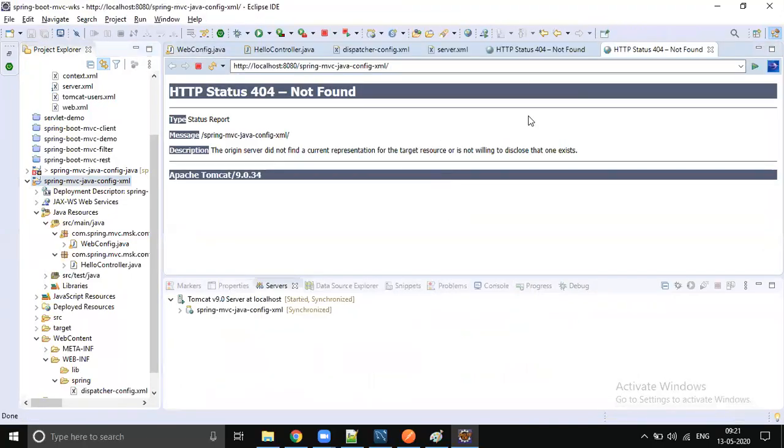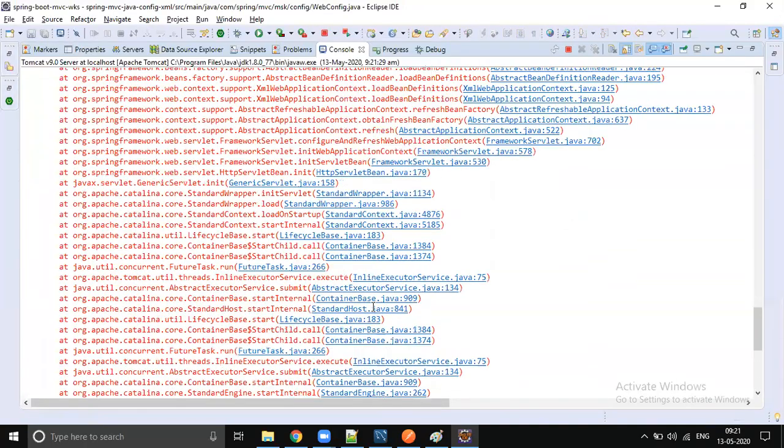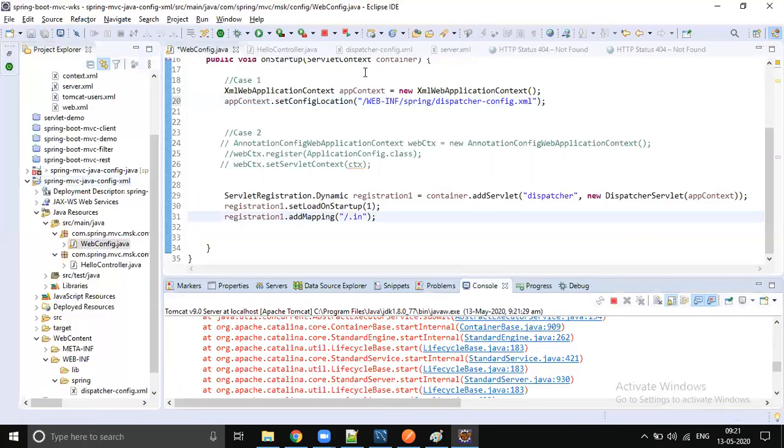So that XML file is loading. Good. Okay, so it's loading that XML, and we get a file not found exception. Yes, so it's going and loading that.